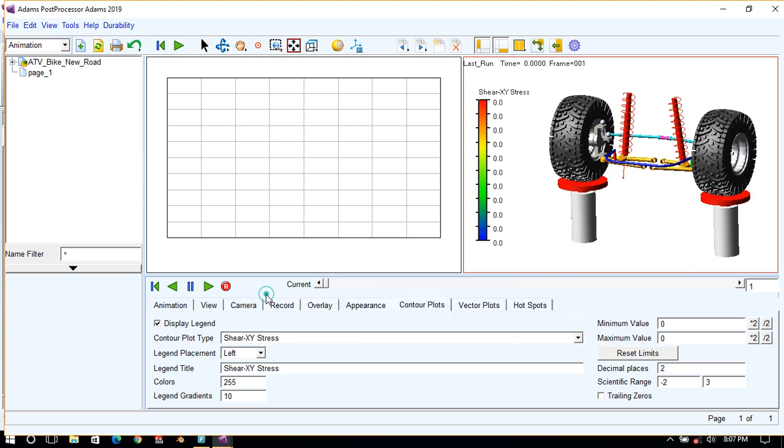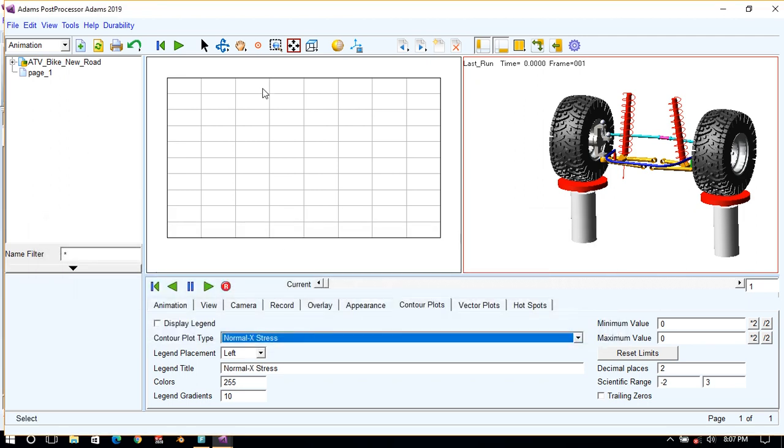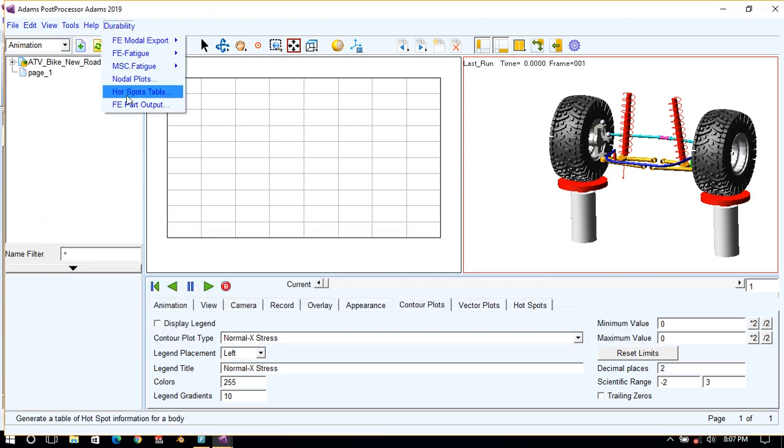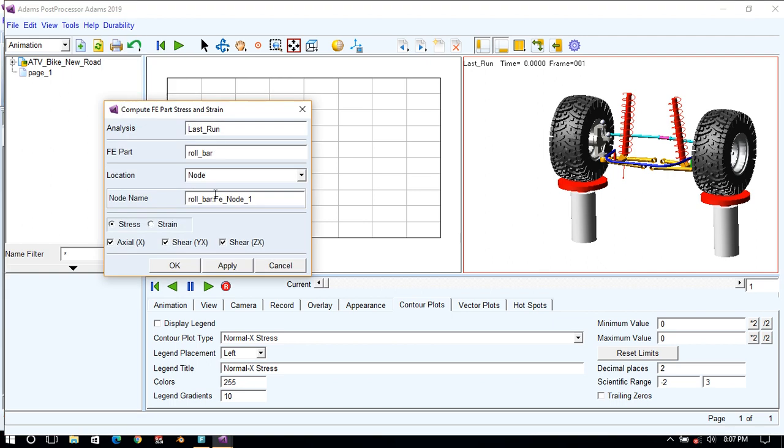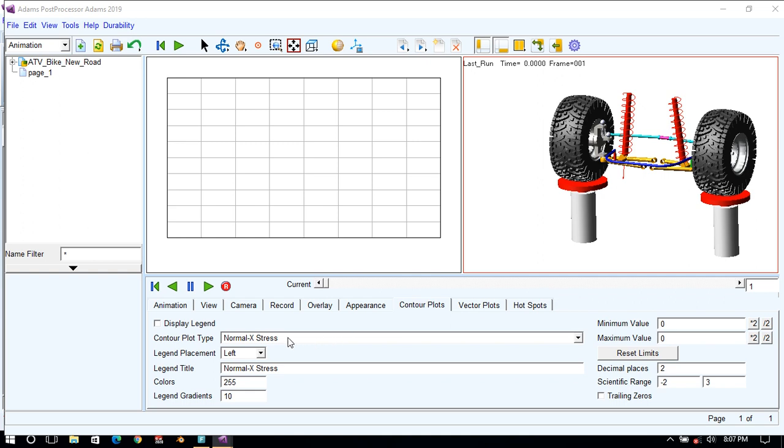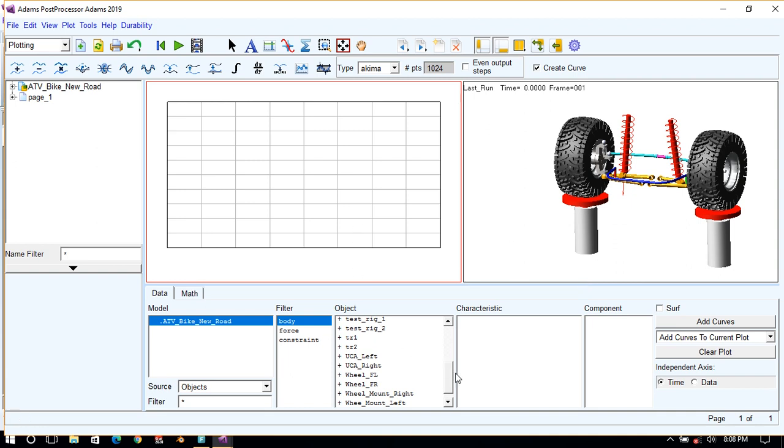Stress, normal stress. So go again to durability, FE part output, axial X shear. Okay, normal X. Okay, this is not showing. This is a problem, maybe arising due to the version, so let it be.